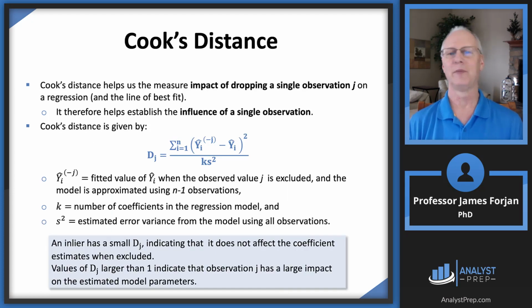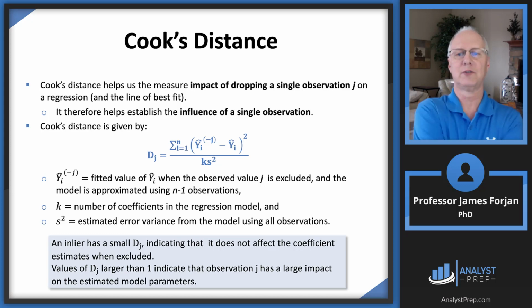However, there has to be a statistical test. All right, so this is what Cook's distance does for us. It measures the impact of dropping a single observation. And of course, as you can guess, when the sample size is relatively small, let's say 15 or 20 or 25, that outlier is going to have much more of a dramatic impact than if you have 500 observations inside of the sample. And so there's Cook's distance, there's the formula,